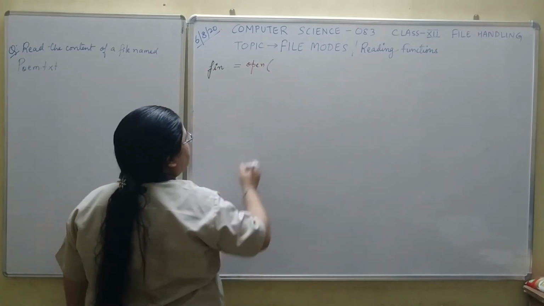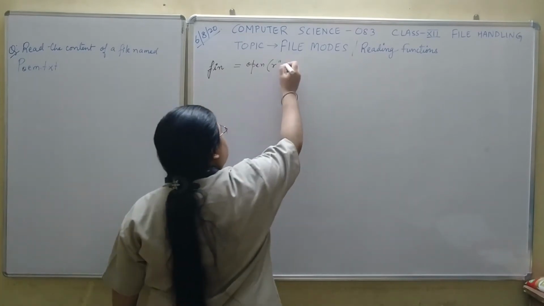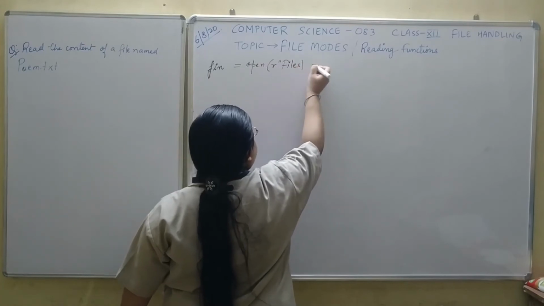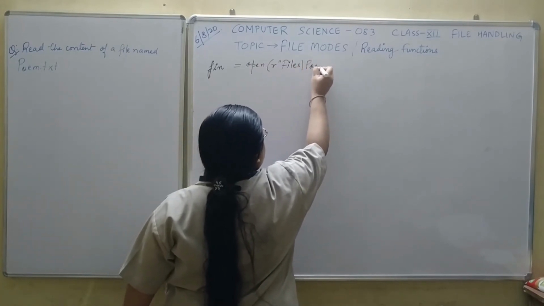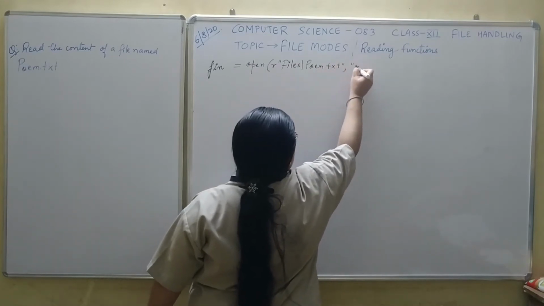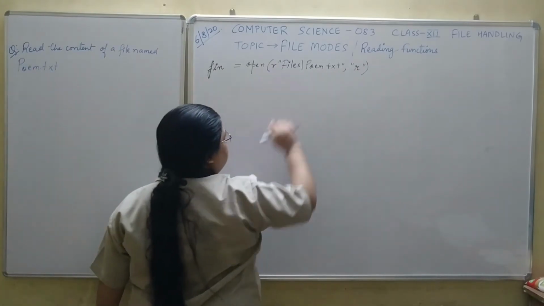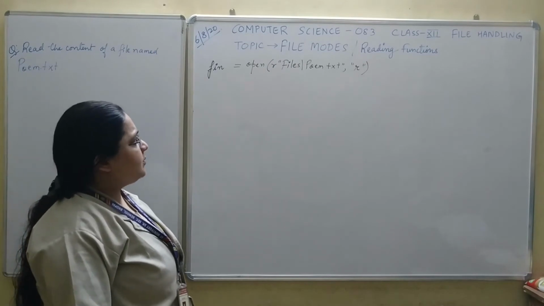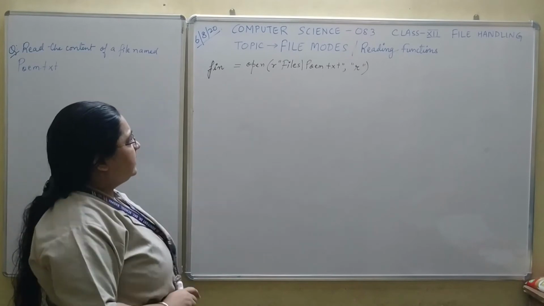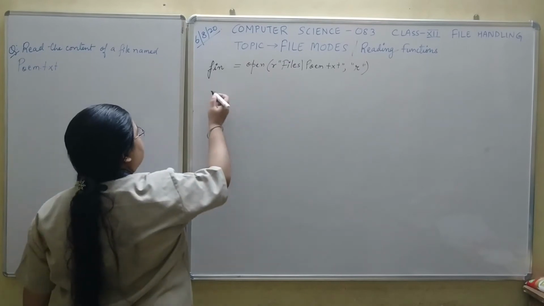Open, and I am going to use the R method over here, and over here I am going to specify the path of the file, the relative path, and the read mode. Make sure to provide double quotes everywhere over here. We don't have an option of providing single quotes there. So this is how we first associated the file object with our file, and now we will use it to